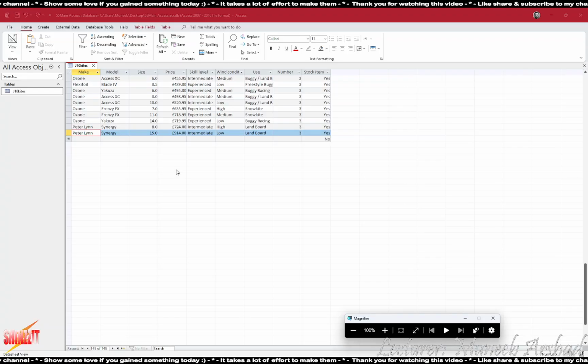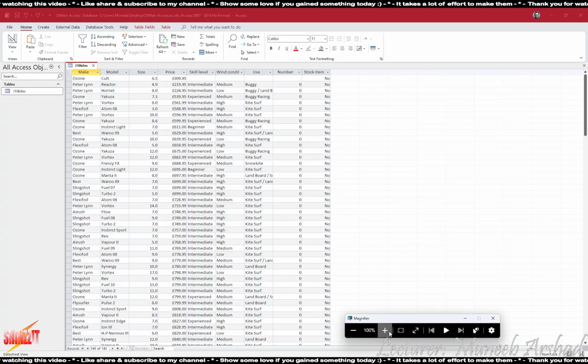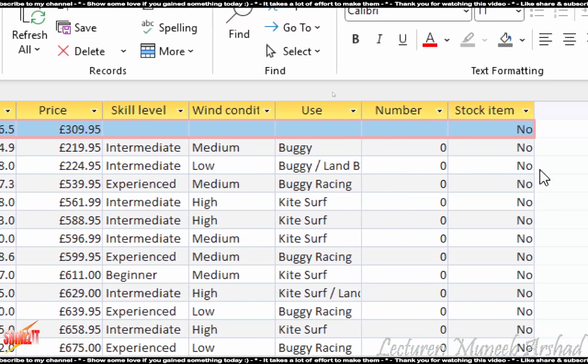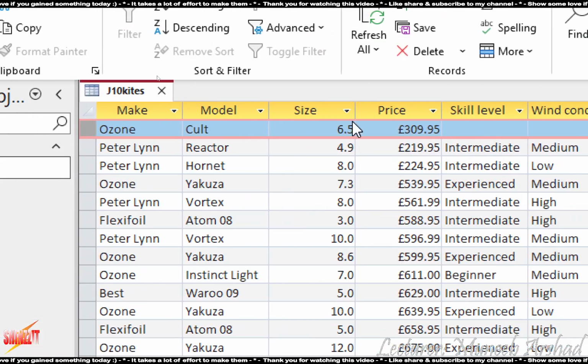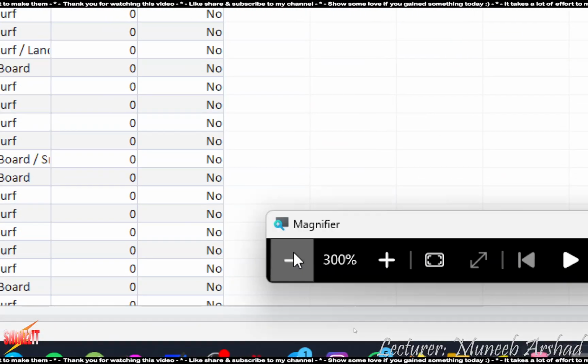So make sure when you're adding a record to your table, finish adding the record and then probably change or fix your error, whatever you have seen. So in this particular case, if I just scroll up, I get to see that the record is present at the top. Not necessarily that this will happen in every case, but just saying that when you're adding a record, make sure that you finish adding it first and then change whatever you have to.